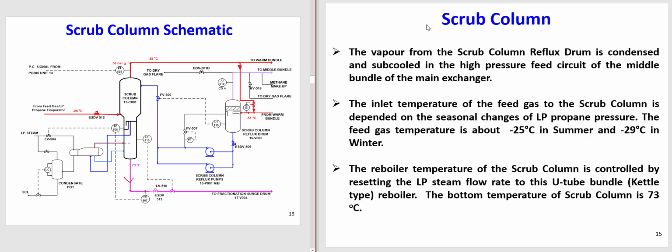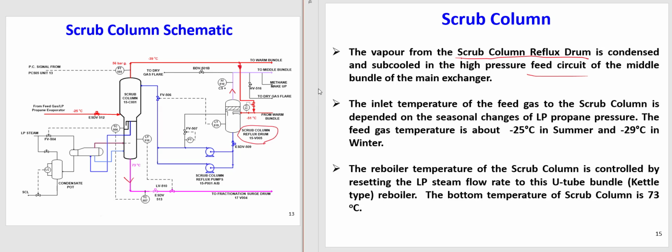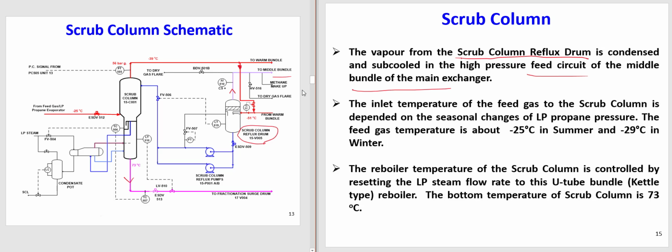Then the vapor from the scrub column reflux drum, the vapor is here. The vapor from the scrub column reflux drum is condensed and subcooled in the high pressure feed circuit of the middle bundle of the main cryogenic heat exchanger. So we will send this vapor to the middle bundle of the main cryogenic heat exchanger, and it will be cooled down and converted to two-phase in that bundle. And then